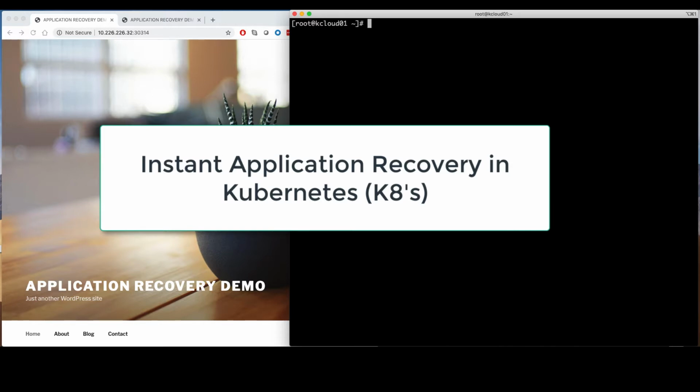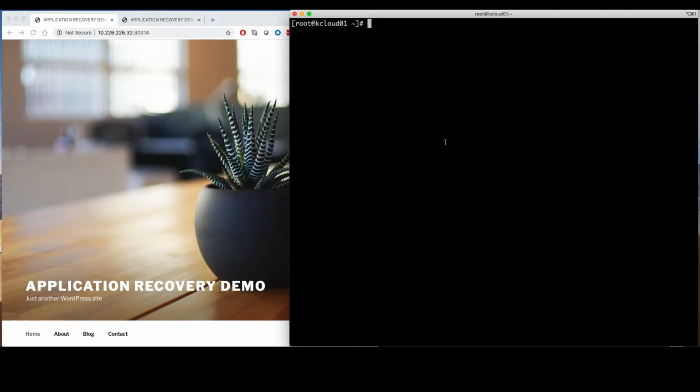Today I want to demonstrate instant application recovery in Kubernetes using Pure Volume Snapshots. I've been getting asked a lot of questions from customers about how they can protect and recover applications in Kubernetes. Seems to be the hot topic these days. I'd like to take a few moments to show you how we can do that effortlessly using the FlashArray's